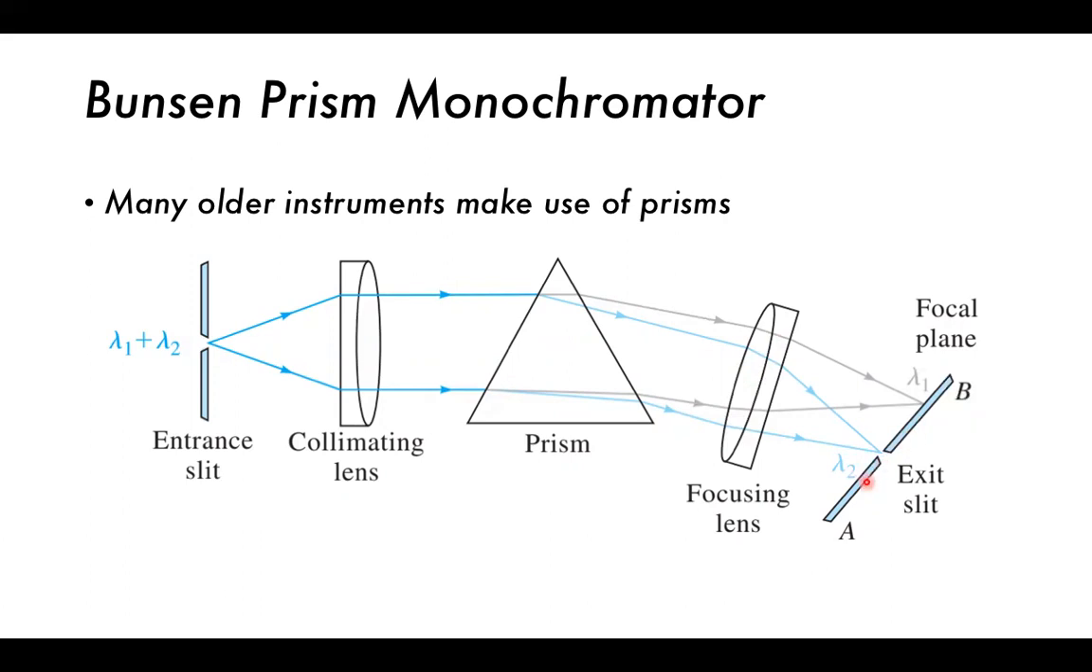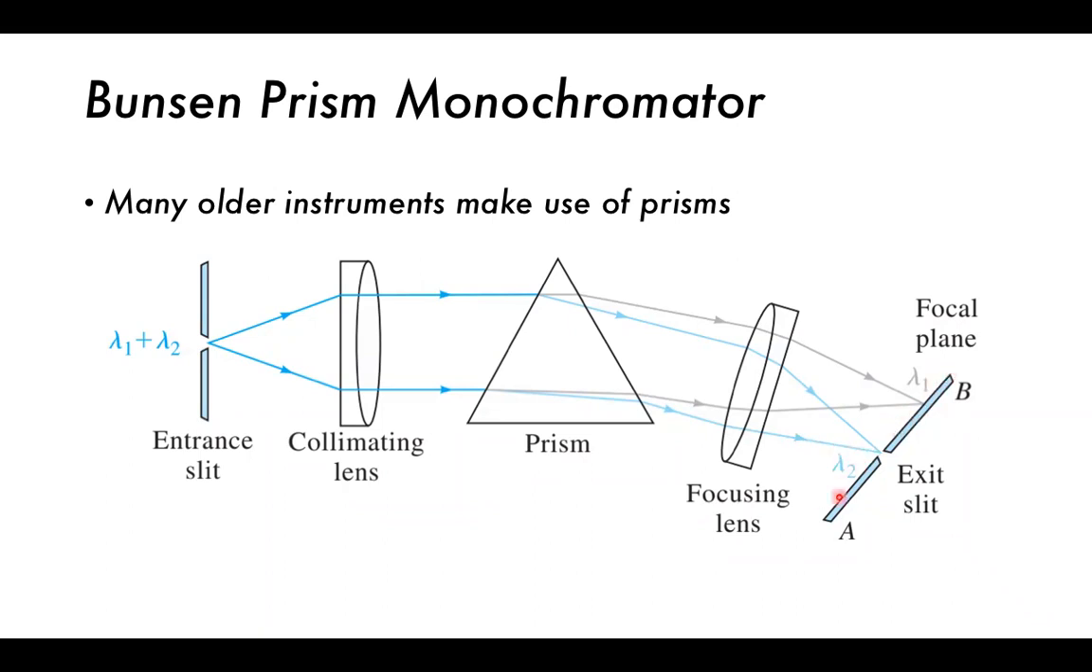The focal plane of the exit slit is where the light is focused. But you can actually move the exit slit. So for example, we want to measure wavelength 2 right now, but we could move this slit over here and we could measure wavelength number 1. And that's how the monochromator works. Basically,